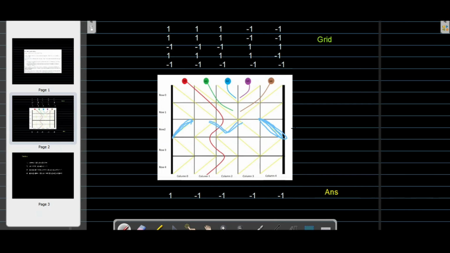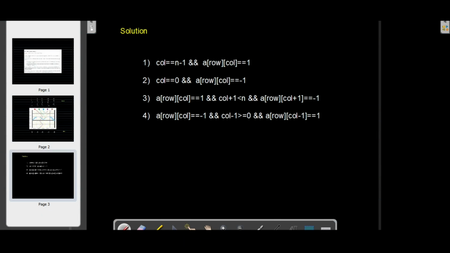So let's see how the conditions need to be programmed. The first condition is column equals n-1 and a of row comma col is equals to 1.